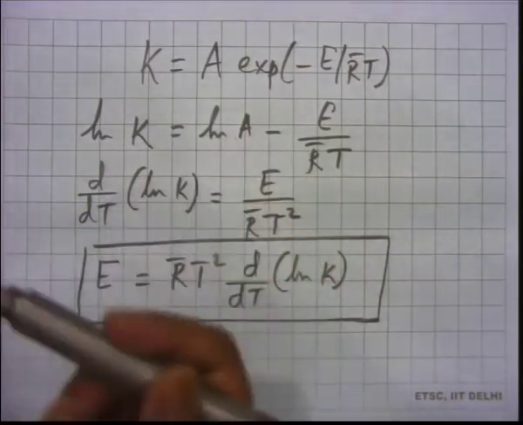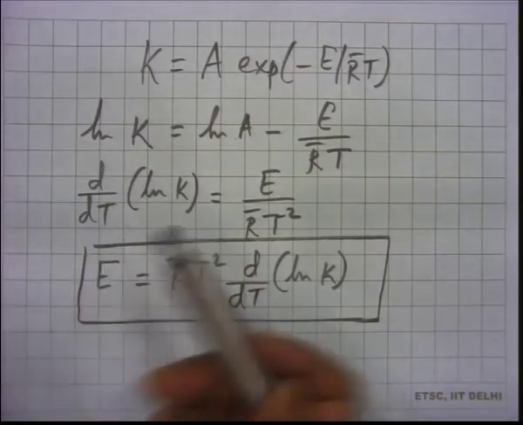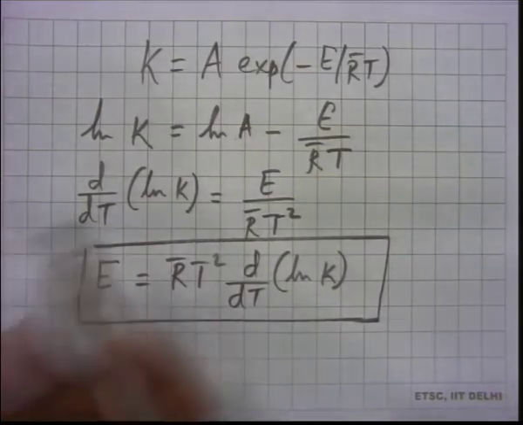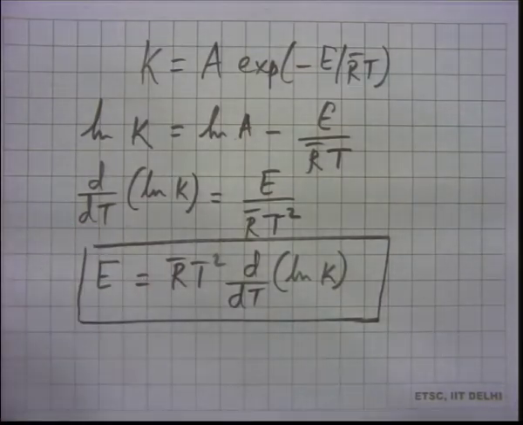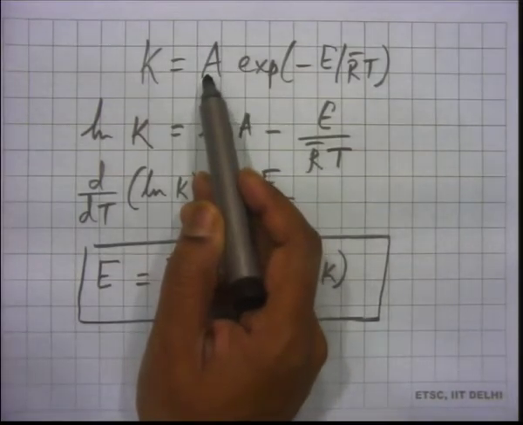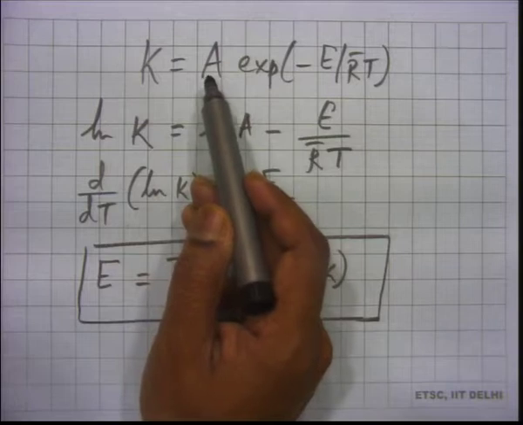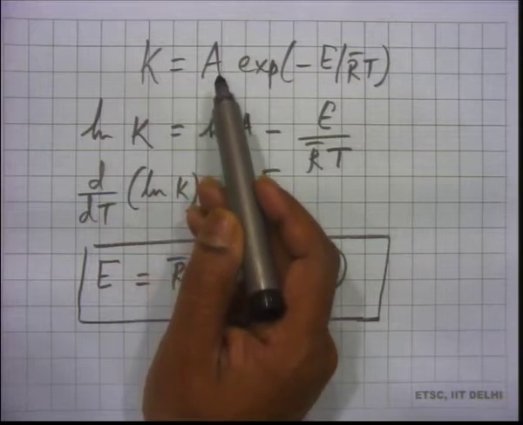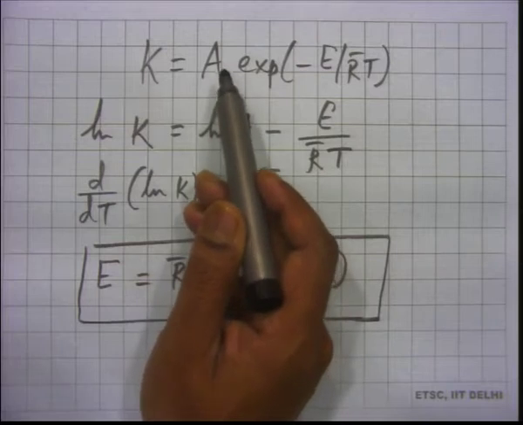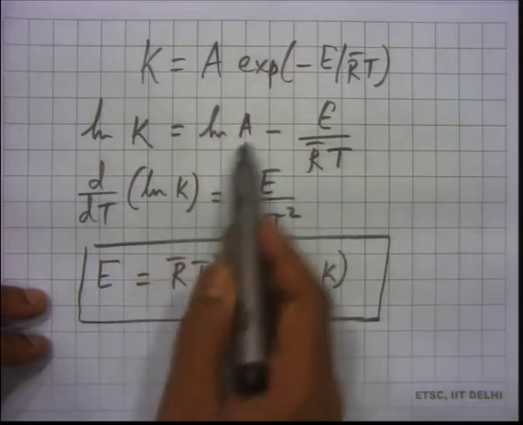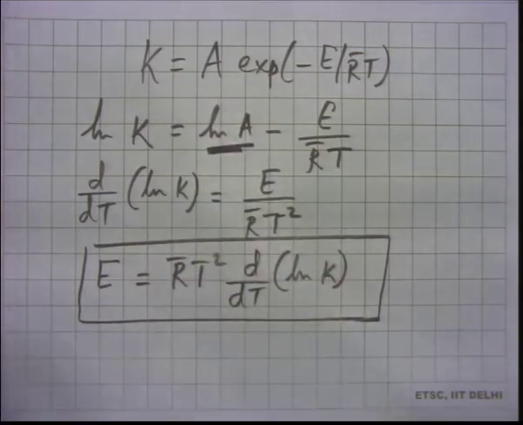If A had a temperature dependence, we would have written A equal to B times T to the power beta. We wrote that last time. Remember, this also has an inherent temperature dependence which is weak, which from collision theory was like T to the power half, but it is probably not half, maybe something different, but it is still a weak dependence. All right, so here this is just a constant.